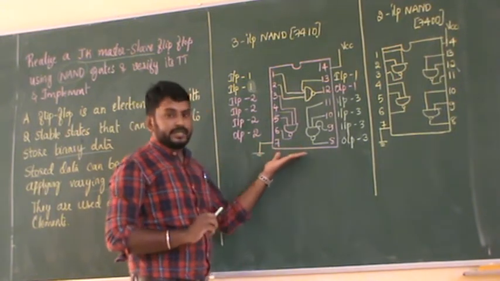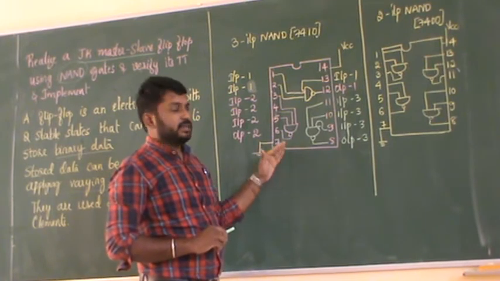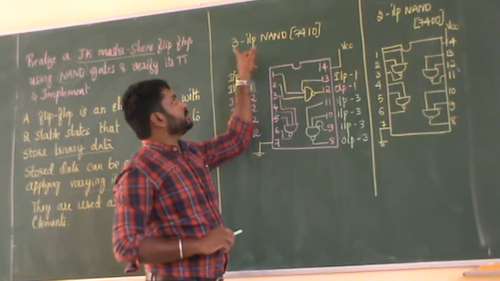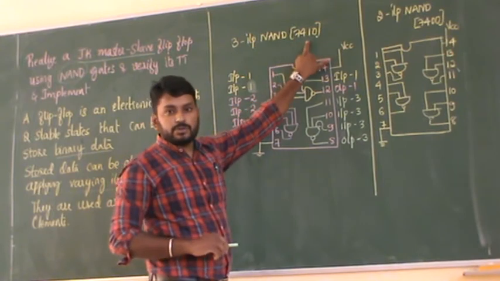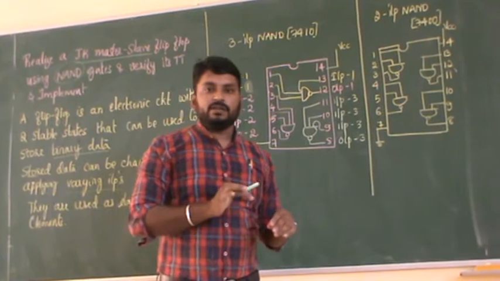So how have they connected the 3-input NAND gates? If you just observe this pin configuration, what is the IC number for the 3-input NAND gate? It is 7410. No need to remember this pin configuration, because in the exam they will be providing the